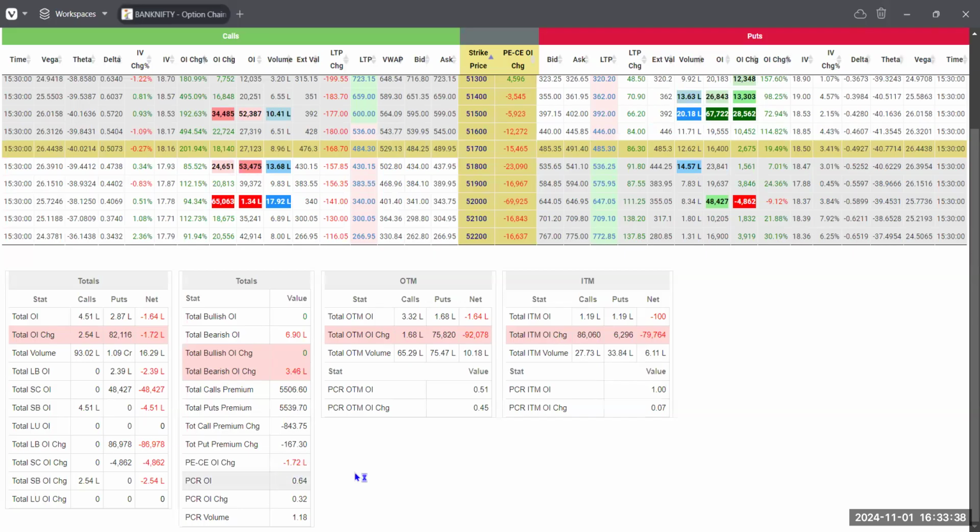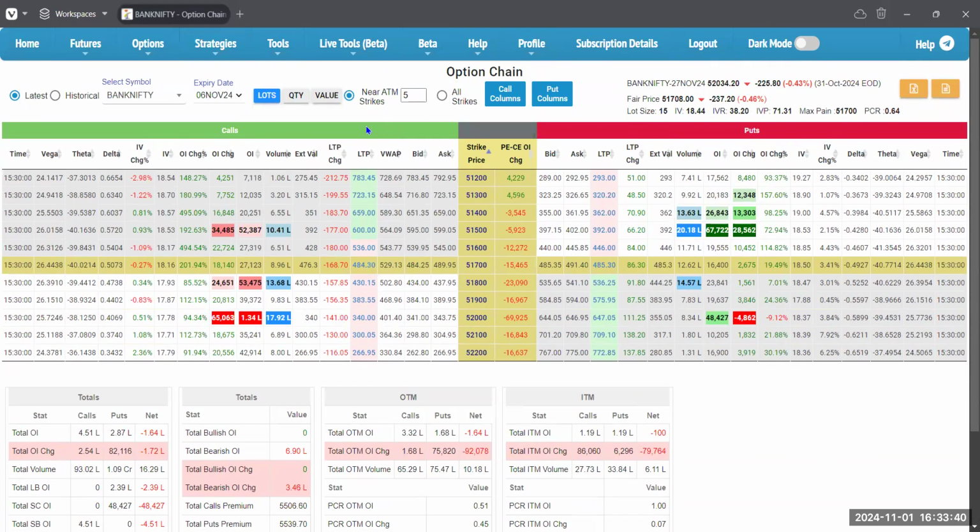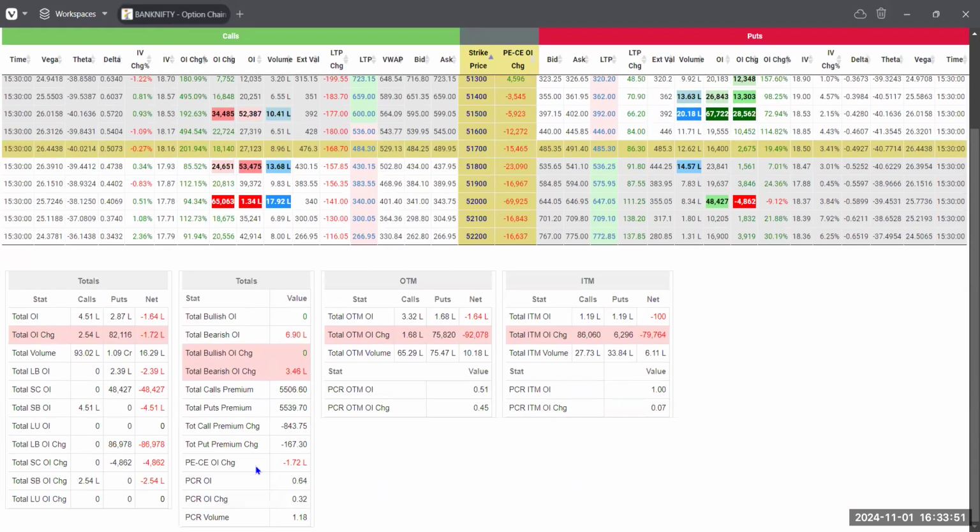ये एक्चुअल पीसीआर है, लेकिन ये सिर्फ सेलेक्टेड स्ट्राइक्स का है। ये जो 5 स्ट्राइक्स हैं उसका है। अगर पूरे स्ट्राइक्स का देखना है तो ऑल करना पड़ेगा। तो फिर ये पूरा का पूरा पीसीआर दिखाएगा। अच्छा।